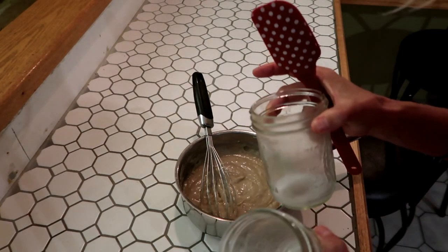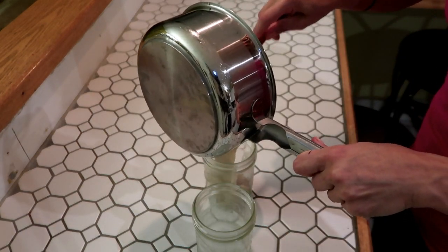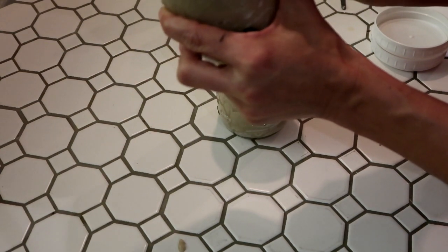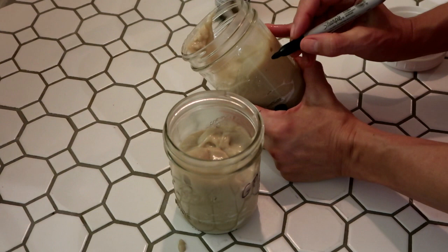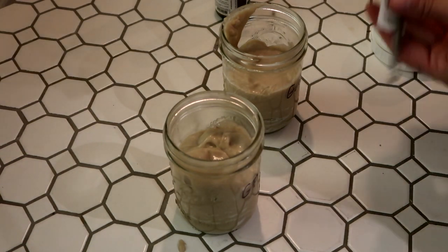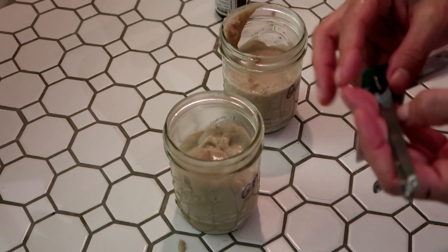I'm gonna split this evenly into those 2 mason jars. So right now, these are both exactly the same. I'm gonna put GutPro in this one, and I'm going to put GutPro in this one. So GutPro, if you have the little itty bitty measuring spoons they come with, it's 1 drop, which